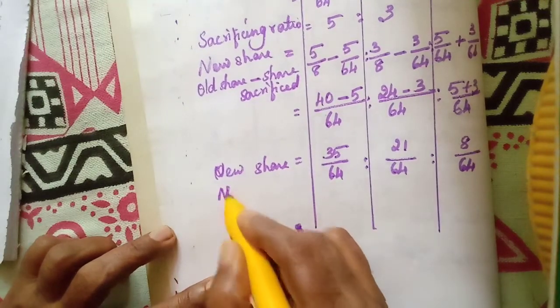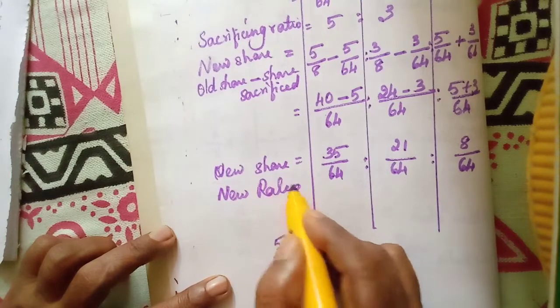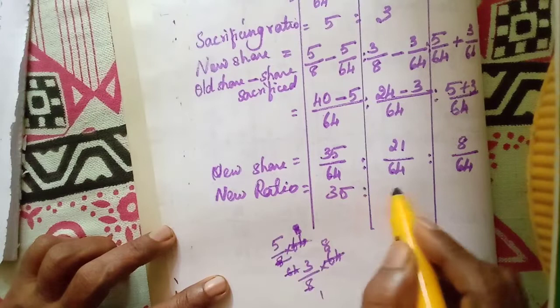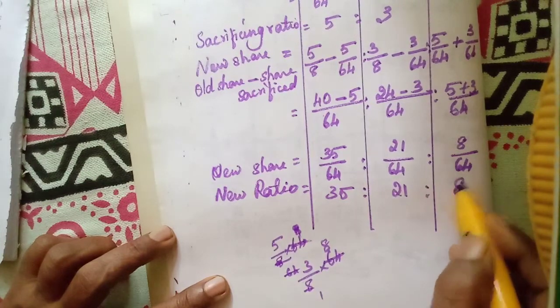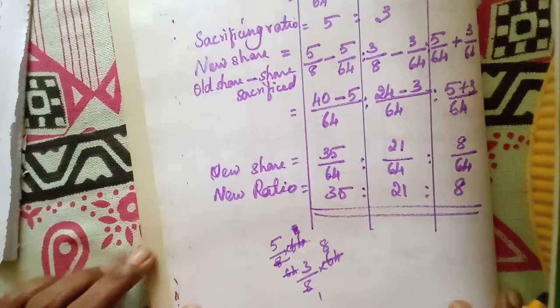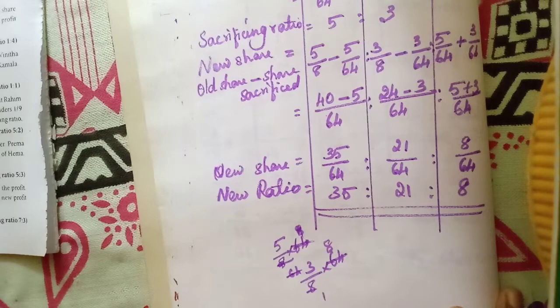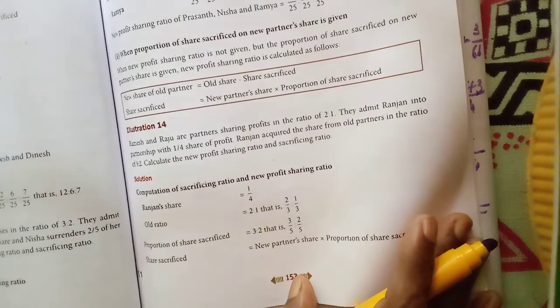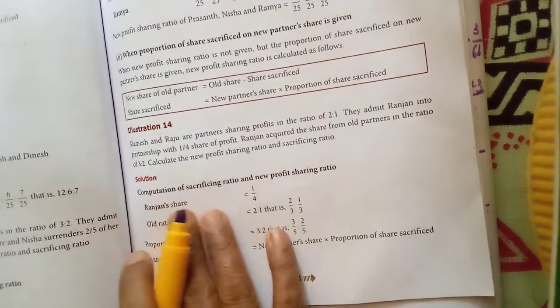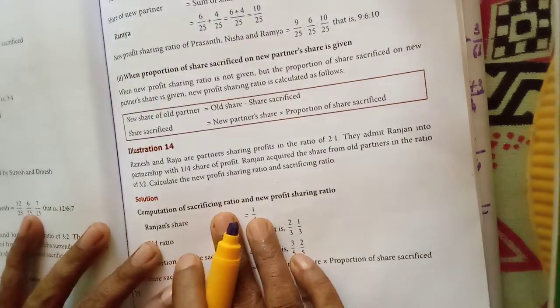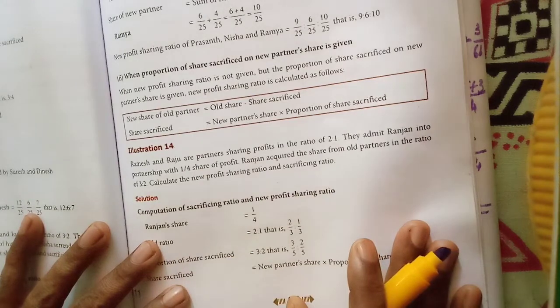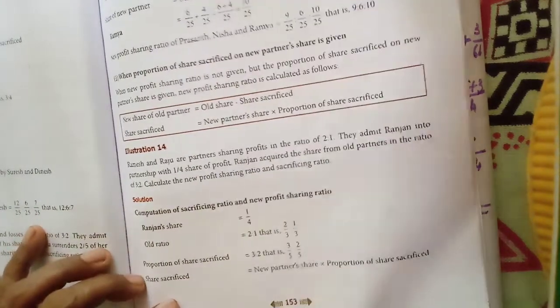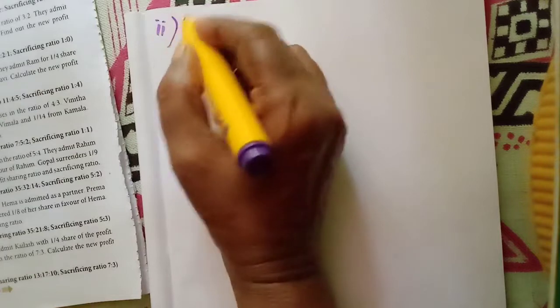Now the new ratio: 35 is to 21 is to 8. Okay. Now the next one we will see. This old proportion of the old share we have calculated. Now, when proportion of share sacrificed is given,